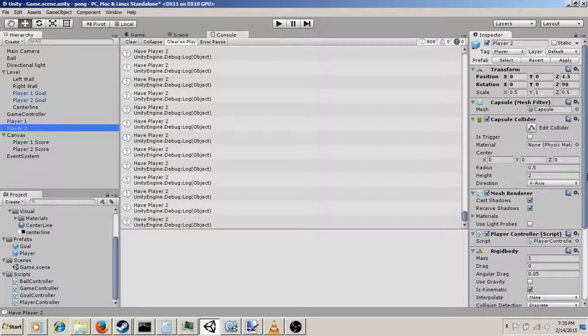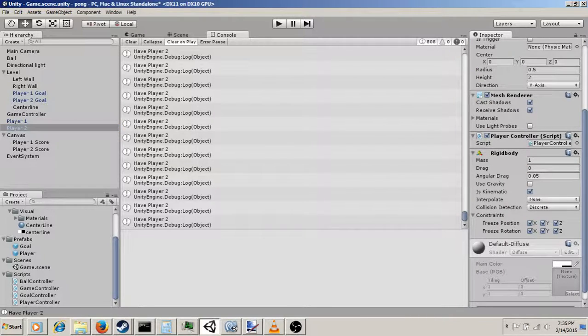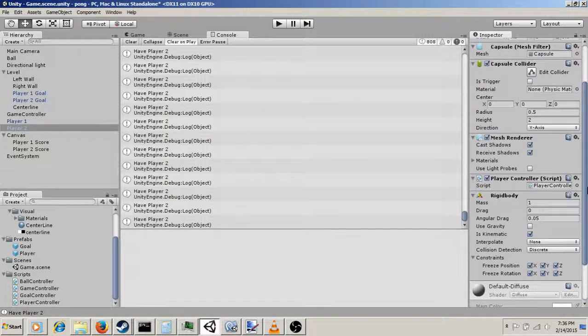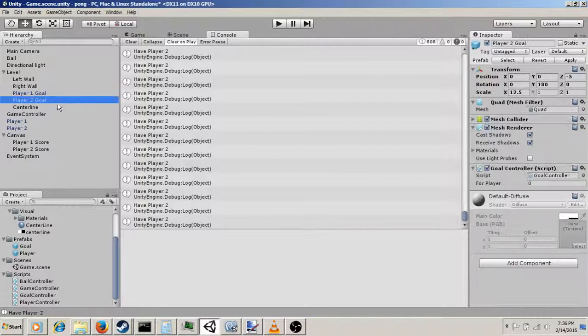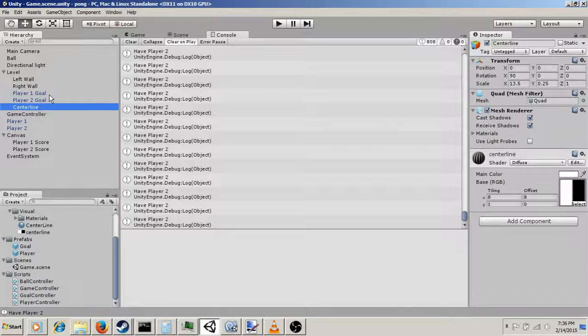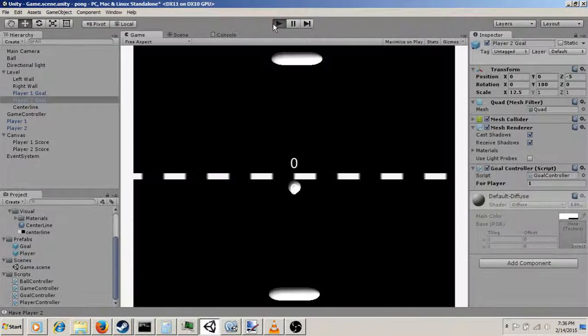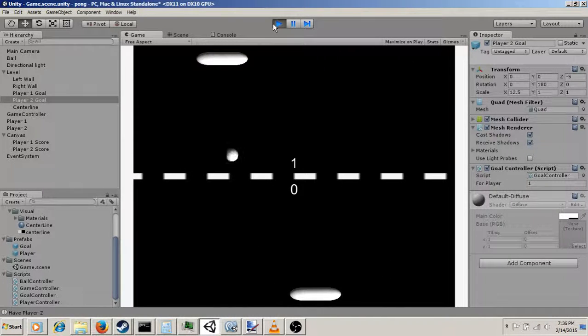For player, I do not believe is set correctly here. I need to go down to the goal and make sure that we actually set that correctly. I guess we didn't. Yeah, we actually have to go back to the goal script and set the for player variable like this. And that will prevent us from